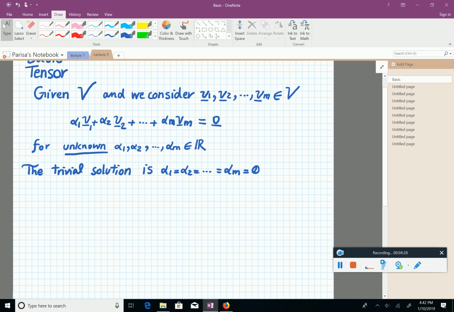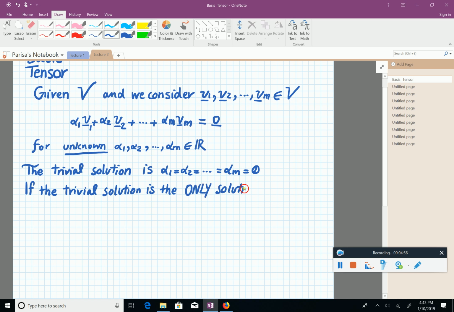They are linearly independent. So these vectors become interesting if this is the only solution. Let's write it so we have it written. If the trivial solution is the only solution, and the word only is important here,